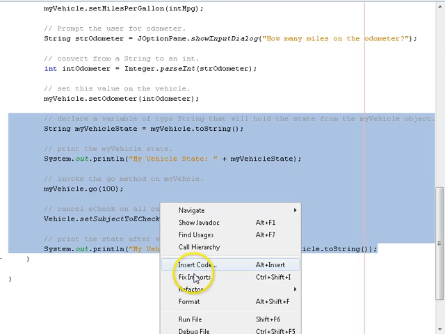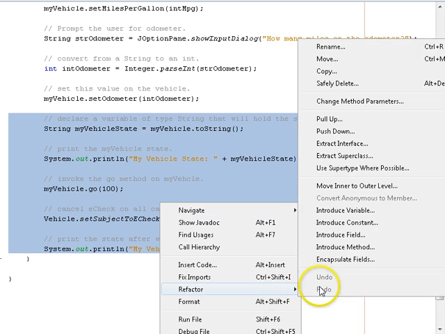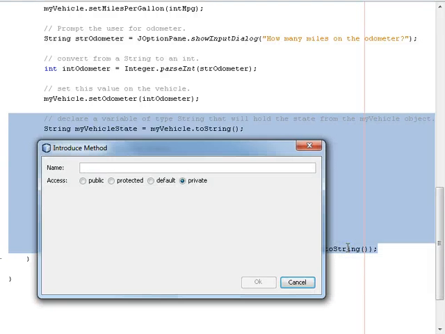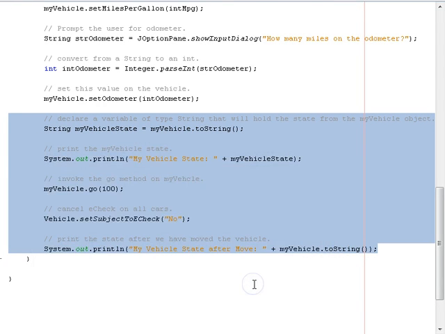So I'm going to take this, I'm going to choose refactor and introduce method. What that means is take the highlighted area, put it in its own method, and then call that method where this highlighted area is. So, like I said, it's a little bit tricky. Notice the highlighted area is between 63 and 76. That's going to be moved into a method, and 63 through 76 is going to be replaced with a method call. So I choose introduce method, and I'm going to say move vehicle, and then I'm going to choose OK,